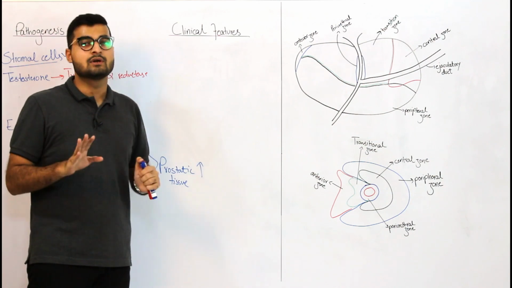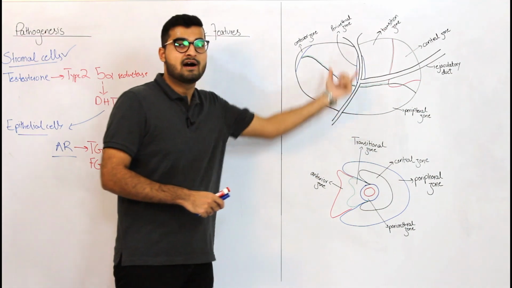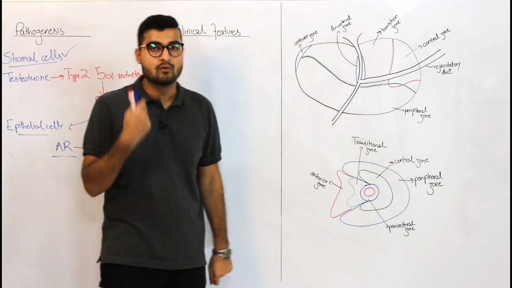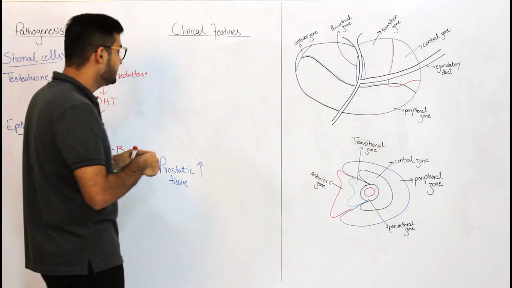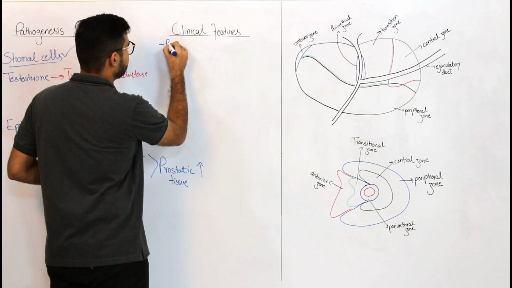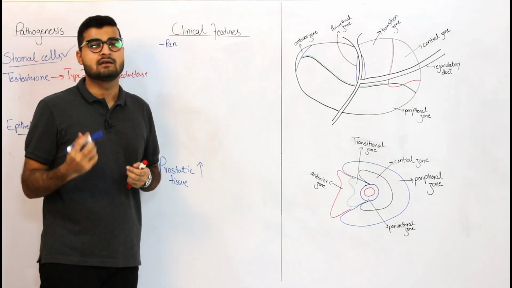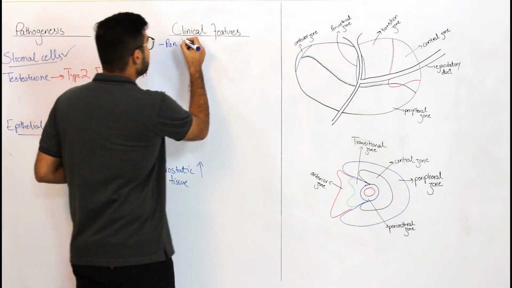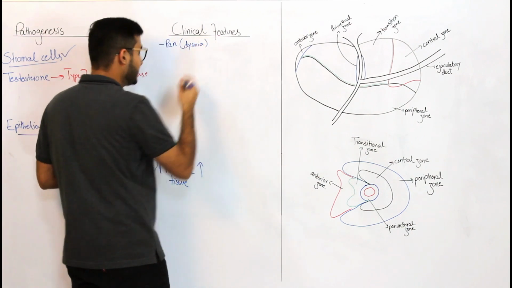The patient is going to come with urinary complaints, because like I said, you have your urethra passing through the prostate. So if your urethra is going to compress, it's only going to give you urinary symptoms, right? So the patient is going to come to you with complaints of pain. Like they're simply going to say that I have pain while I'm micturating. So you will have pain, and the medical term would be dysuria. Dysuria would be the right word to say.